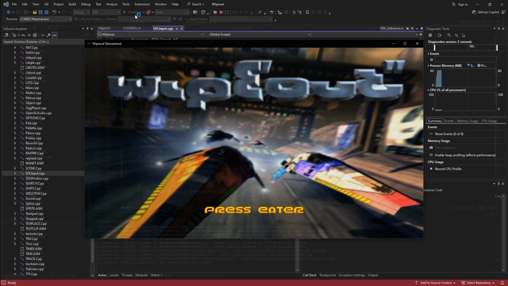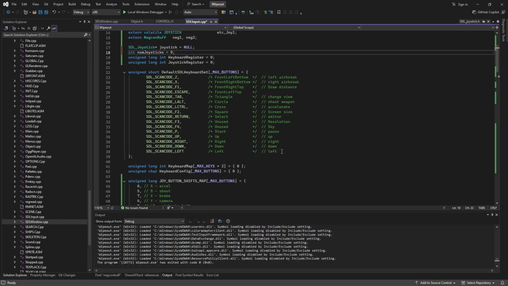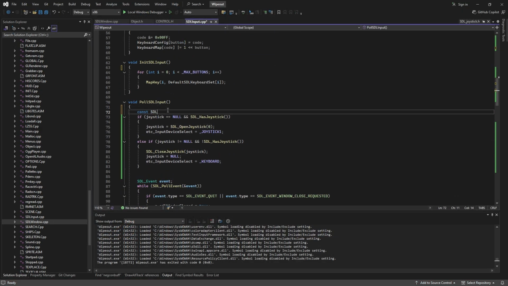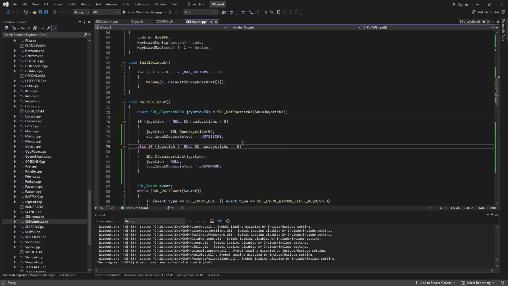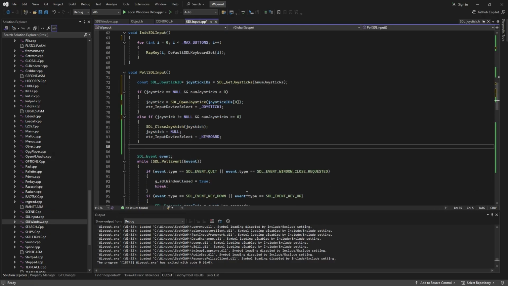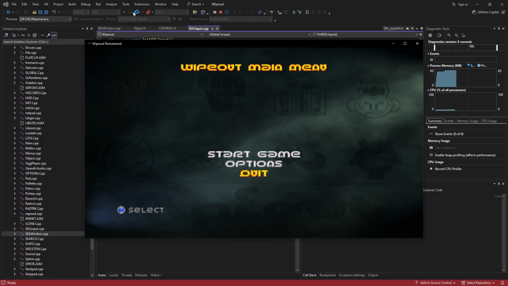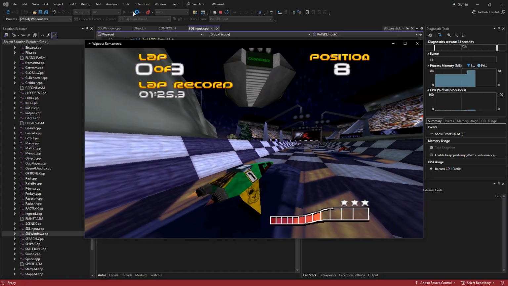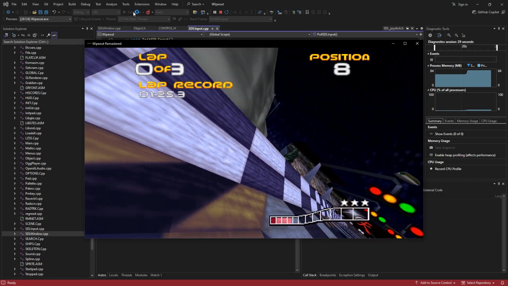Okay, this doesn't quite work yet. It turns out with the latest version of SDL you have to get the IDs for the joysticks before you can call SDL Open Joystick. With that fixed, the buttons are working fine in the menu, and in-game everything is fine except for the ship